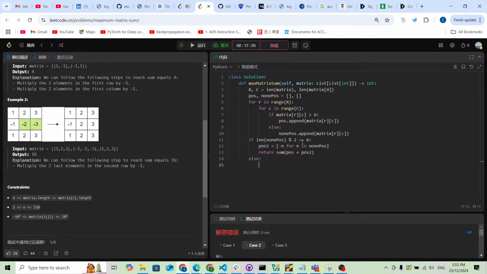First of all, we're gonna turn all those non-positive to positive, and then we're gonna check if there's a 0 inside. So if there's a 0 inside, everything should be okay. Yeah, so if there's no 0 inside, definitely we want to find the minimum number. So else